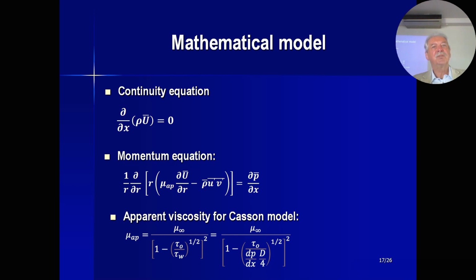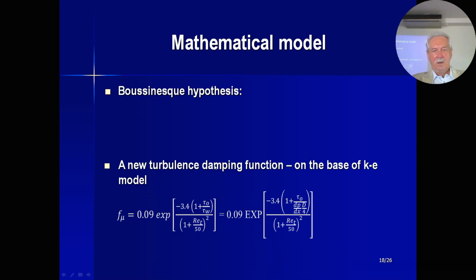But blood possesses yield shear stress, and the yield shear stress depends on the concentration of red blood cells. So, concluding, using custom model, we can calculate that apparent viscosity like it is at the bottom of the slide. And I used the Bosinek hypothesis, which is not seen here, I don't know why, but most